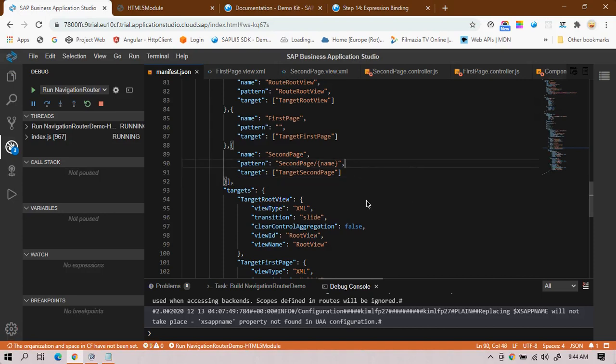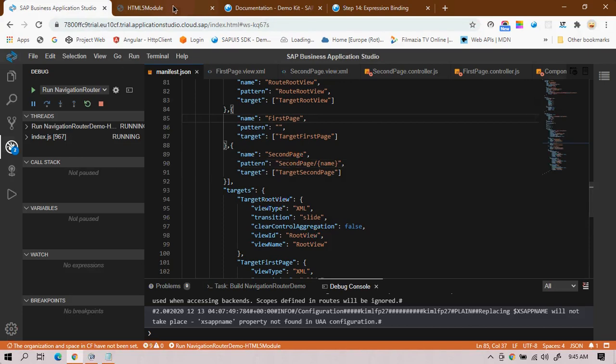Always remember one thing: never pass the parameter values in the name property. Pass the parameter values in the pattern part. This is nothing but a parameter, because I want to pass the values from one view to another view. So this is navigation with parameters.